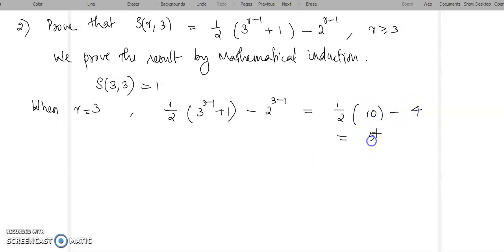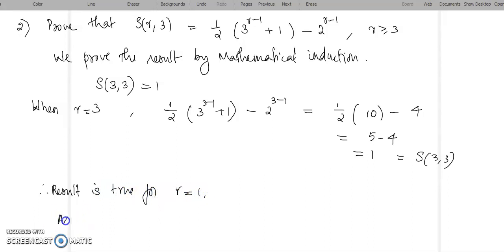So that is 5 minus 4, which is equal to 1. So that is equal to the value of S of 3, 3. So therefore the result is true for r equal to 3. Now by mathematical induction, assume that the result is true for